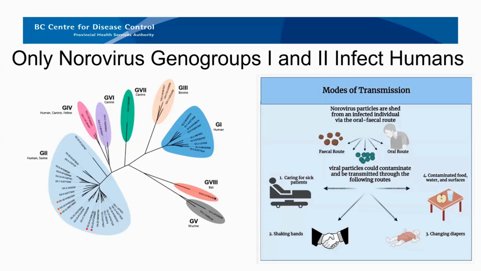And you can imagine that if an individual is sick in a public washroom or they haven't washed their hands properly, or they're sick at a daycare or in a long-term care facility, the infection can occur quite quickly. So it's contamination directly or indirectly through the fecal oral route. Whether you're caring for someone who's vomited nearby and there are particles in the air, or it could be through indirect contact, so touching surfaces that become contaminated, shaking hands that may not have been washed properly. But I think the big take home is that when you see norovirus infection, it has been associated with a human infection prior to that. Next slide.